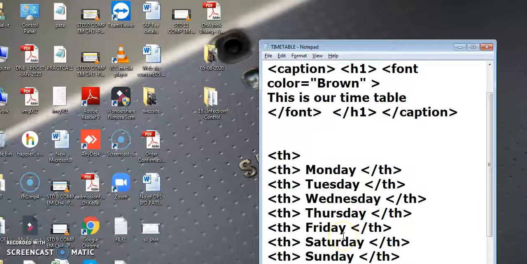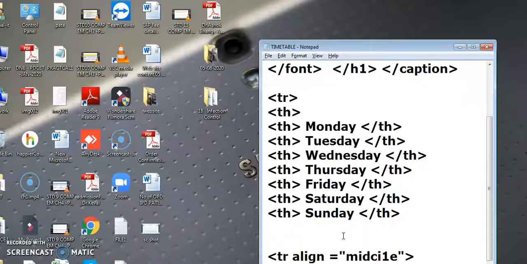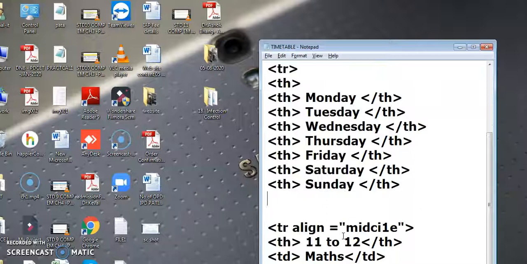These all will come in one row. TR start. In the first TR, then TR close.